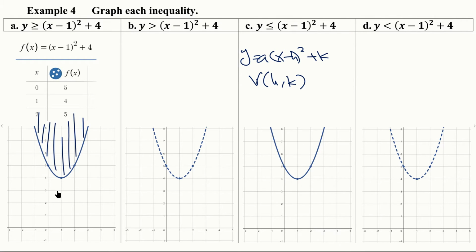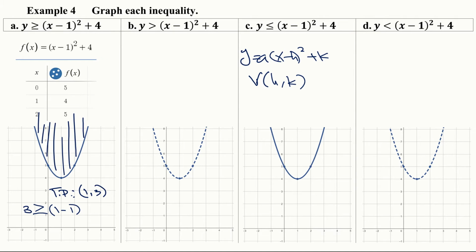Let's say, for example, we take this point right here, 1, 3, right? This would be the test point approach. So the test point 1, 3, if I plug it in, what do I get? I get 3 is greater than or equal to